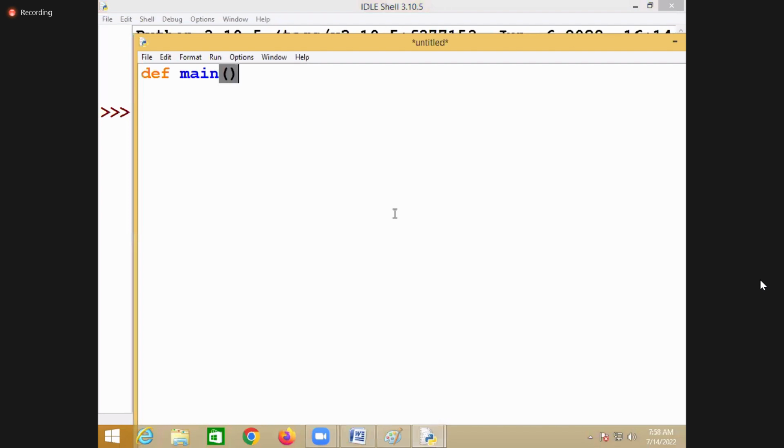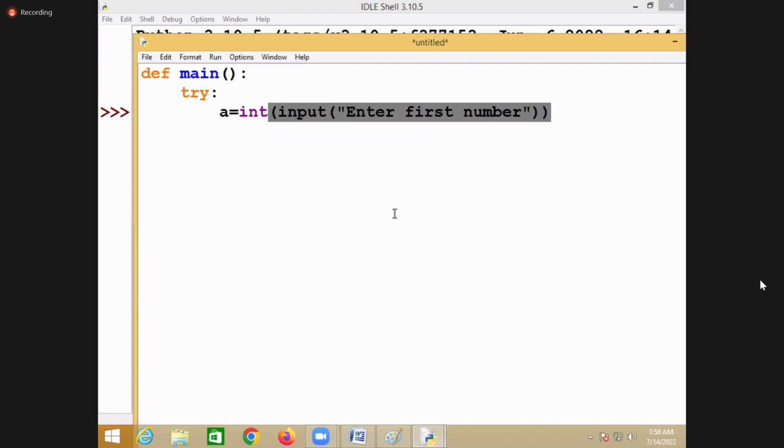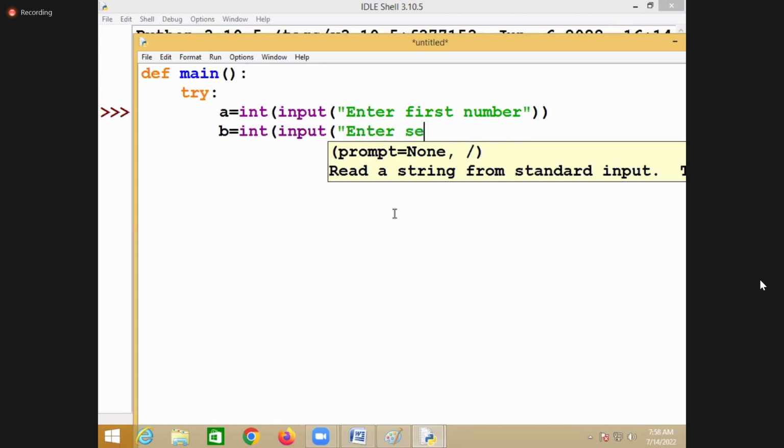Assume that. Now I'm writing a simple example. Within the try block, I try to read two numbers. So I write input, enter first number, then B equal to integer of input, enter second number.